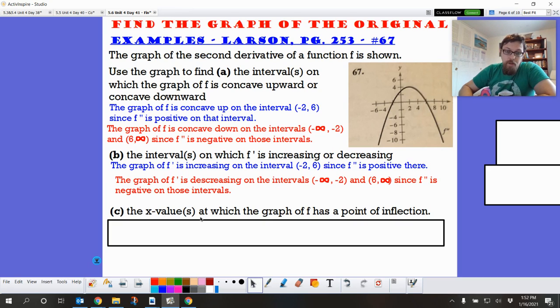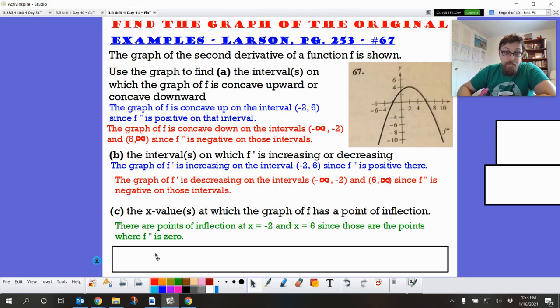The x value at which the graph has a point of inflection. So we should get points of inflection where the second derivative is 0 or where it's undefined. We have the potential to get them. So we have second derivative equaling 0 at these 2 points. So at negative 2 and 6,